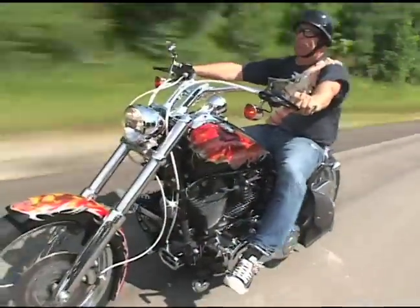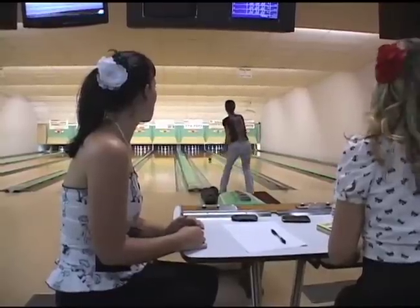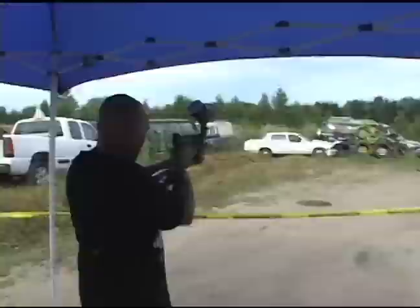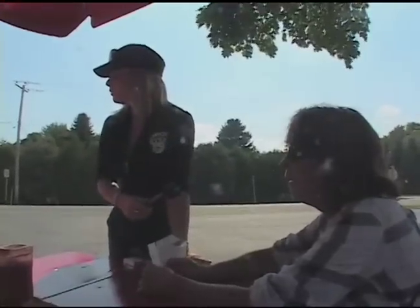Everybody liked the day, I thought. Good idea doing the little games and stuff, not your typical poker hand. Yeah, we did. You know, basketball, bowling, horseshoes, golf, and paintball. Kind of one of the nicer biker rides in the area, I think, because of the little games. It's kind of neat with the different little games that he does instead of just